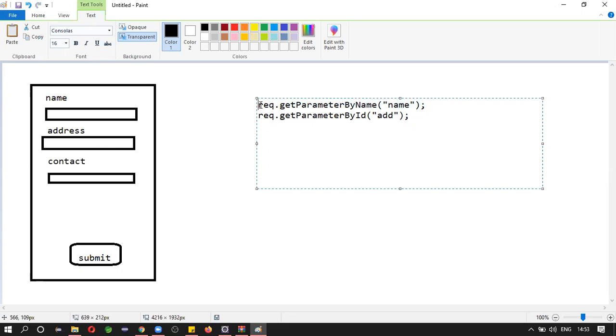By calling get parameter by name, you will get some data. Suppose that is the actual name. What type of data is it? It is nothing but a string.